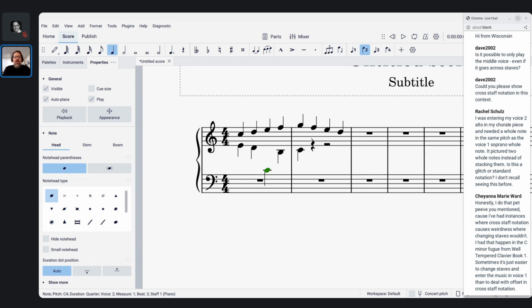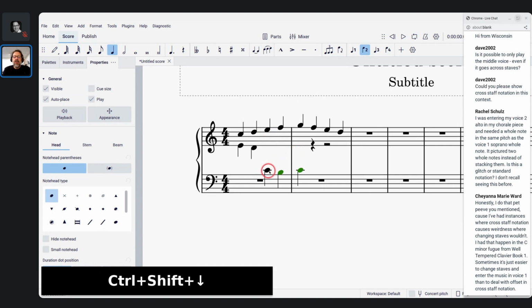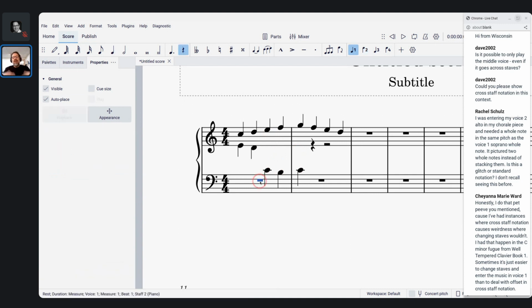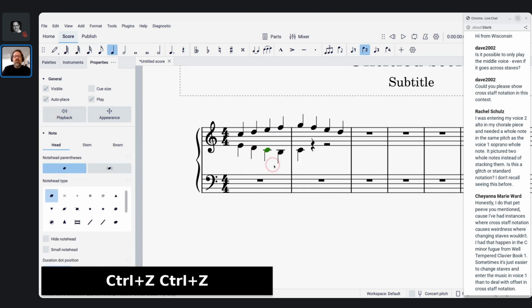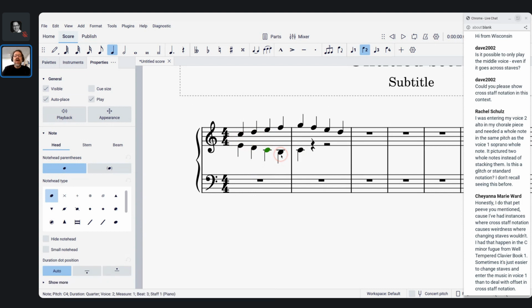And I'll show how that could happen in a moment as well if that comes up. But this idea, so you can also select multiple notes at the same time and Control Shift down them both together. So that is how you would enter the notes. You enter the notes onto one staff, then Control Shift down. Now I'm a big keyboard shortcut person, but if you can't remember that, there is a toolbar button for it